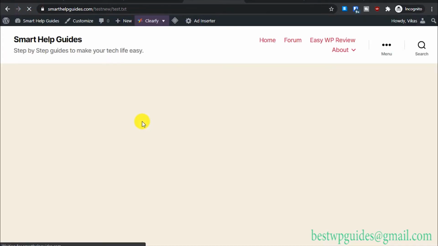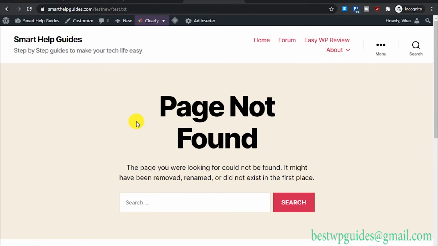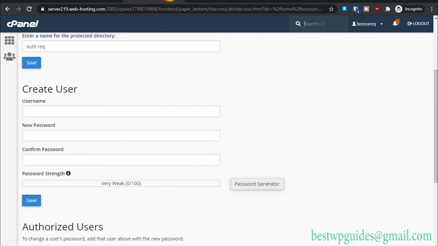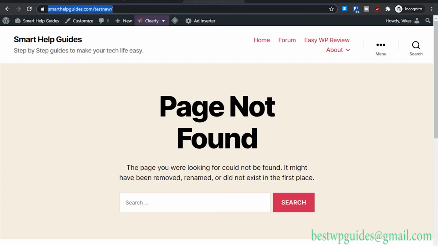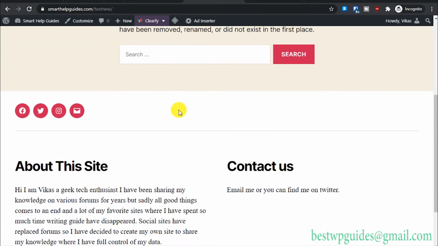We have password protected it, so it should not be accessible. Okay, and let's see. Okay, WordPress I think is not allowing us to access it. So